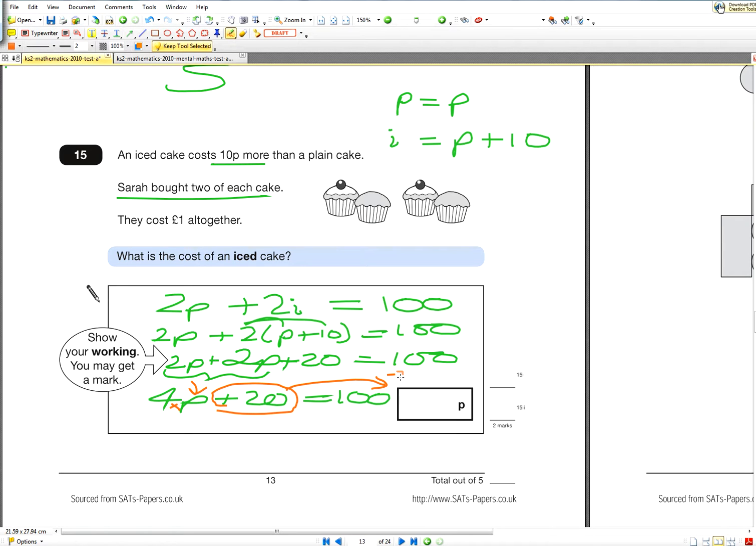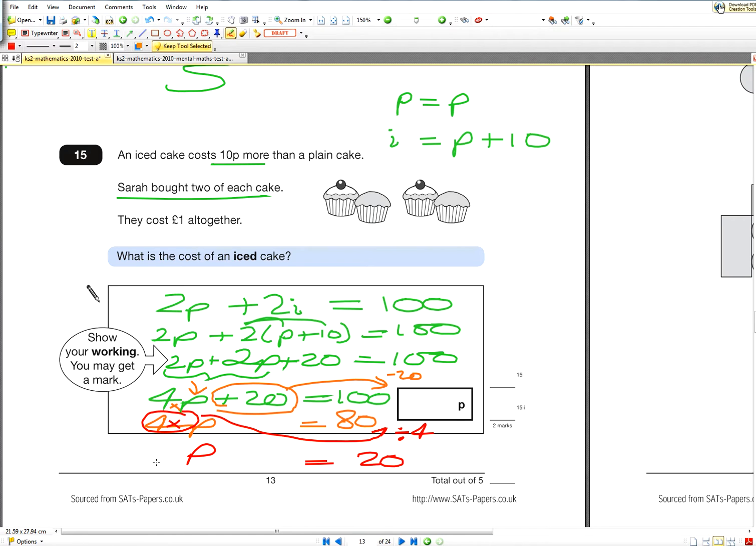Opposite of add 20 is? Take away 20. So 100 take away 20 is? 80. So copy down the 4P. Now, opposite of times by 4 is? Divide by 4. Are you guys copying all this down? If you haven't got it, have you copied it down? This is our worked model answers. So P is equal to 80 divided by 4. P is equal to